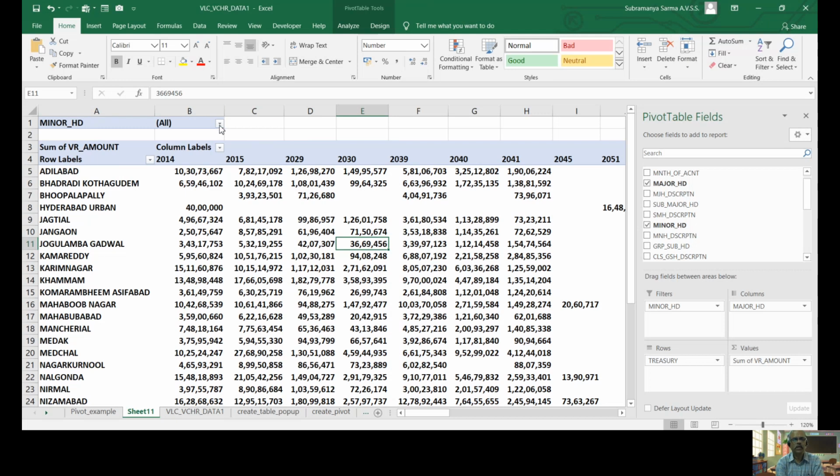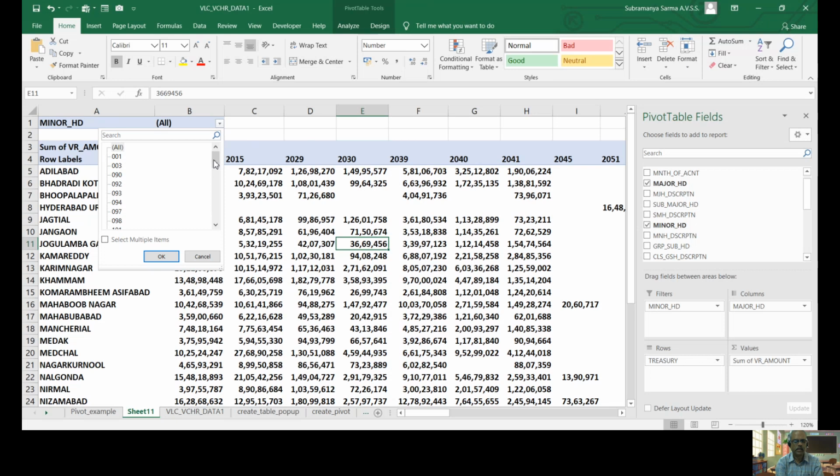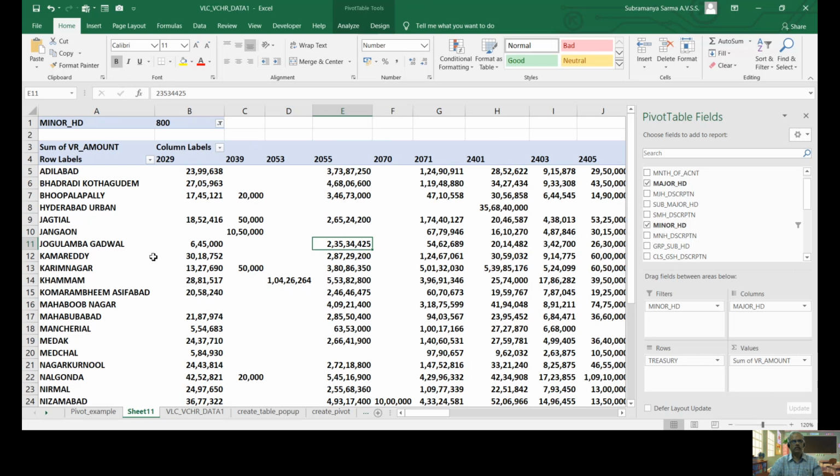From here you can select whatever minor head you want. Suppose I select 800 and say OK, now these totals are for the 800 minor head, for each major head, and for each treasury. Okay, clear?